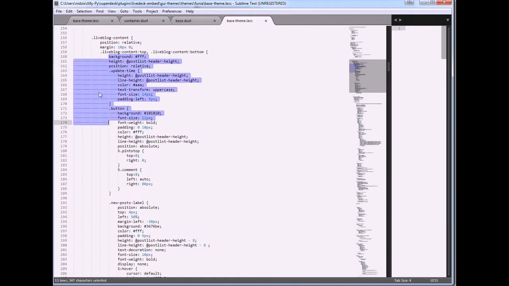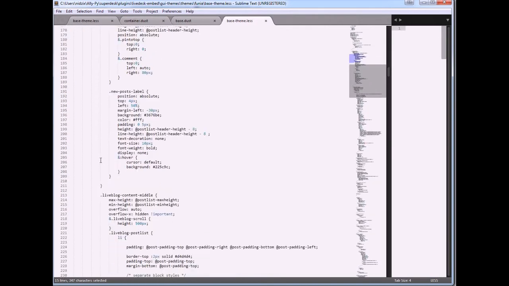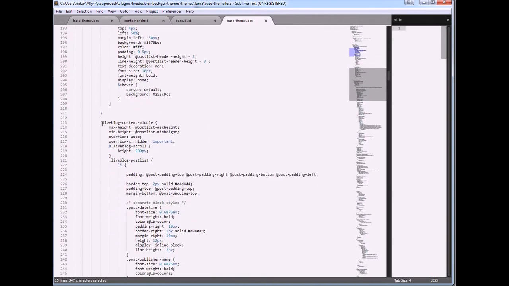In live blog content middle and live blog post list, here is the border that we don't like. I will change it and save.